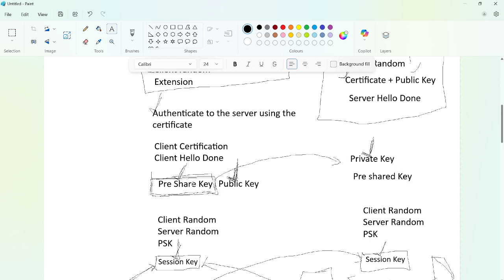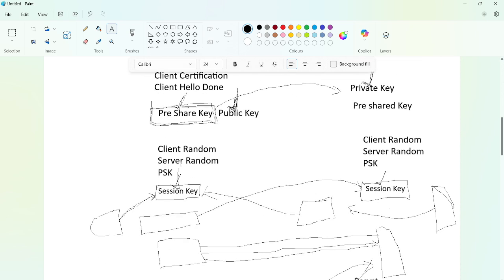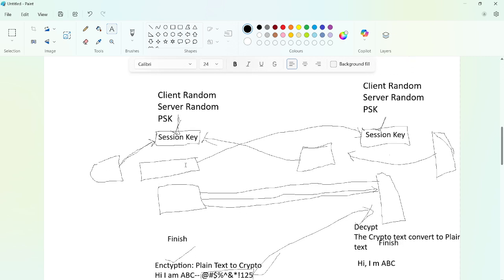Now both have a common pre-shared key. The client and server both have the client random, server random, and PSK. Using these three things, the client and server generate the session keys, so the same session key exists on both sides.